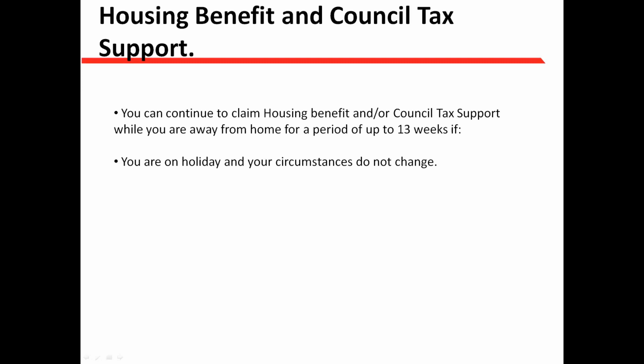Okay, there's a couple more benefits. Income support, I didn't make a slide for it, but I have just thought about this one. If you're claiming income support, it's linked to the carer's allowance claim. So as long as your carer's allowance claim stays active, so you've taken a break for one of the 22 out of the previous 26 weeks, and you've got the permission from the carer's allowance unit, then your income support will continue to be in payment. And as long as the disability benefit doesn't stop with the person that you're providing care for, then your carer's allowance won't stop. So as long as your carer's allowance doesn't stop, then your income support won't stop.